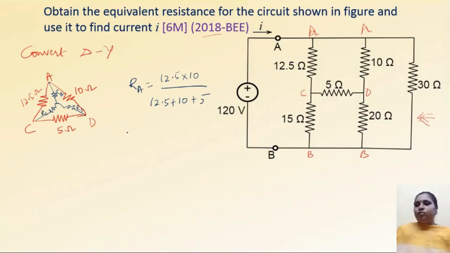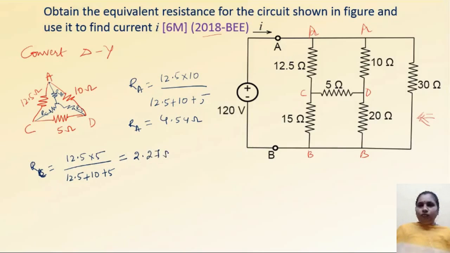Right. So this value is 4.54 ohms. This is your RA value. Similarly, find out RC. This is point C. So RC is equal to 12.5 into 5 divided by 12.5 plus 10 plus 5. So what is this value? Its value is